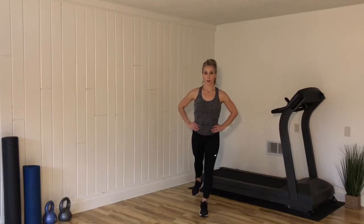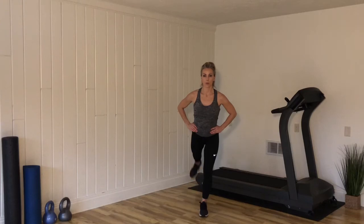Next, focusing on those glutes, left leg goes back and forth, straight back in line with your left hip bone. Abs engage, especially as you go to the back here. Keep the abs pulling in tight as you lift. That'll stabilize and protect your lower back. So about 2 or 3 more on this side, and then go ahead and find your balance, and right leg